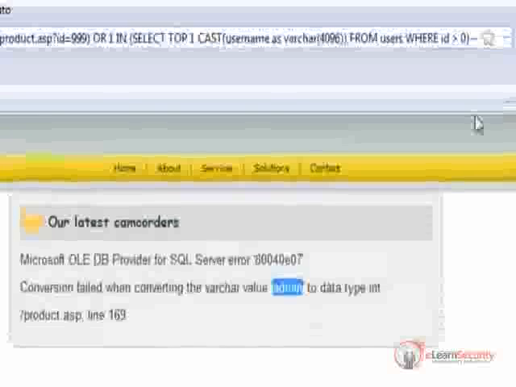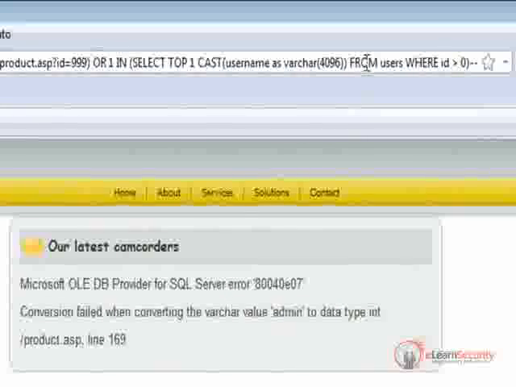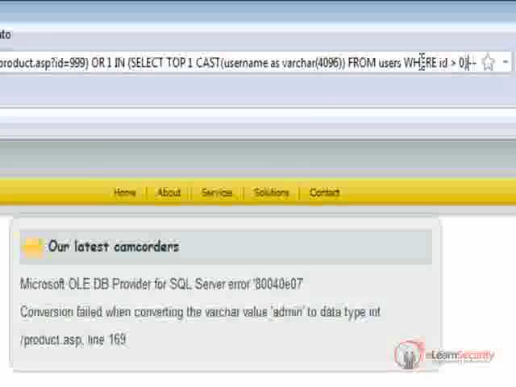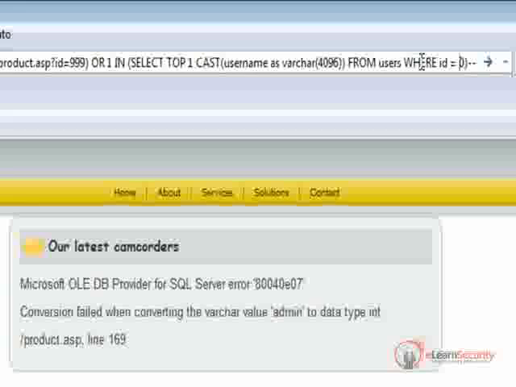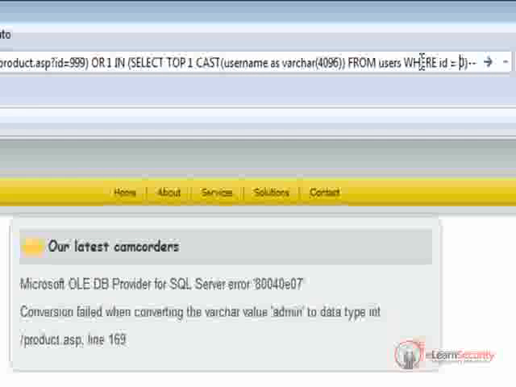So using the same pattern, we can now begin moving forward with our enumeration by using ID as the primary key and increasing the value, or by using the NOT IN technique we used earlier. Here we will just increase the ID value from a greater than 0 to an equal 1. So we can change our